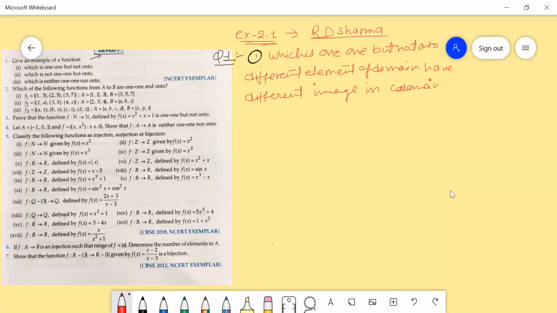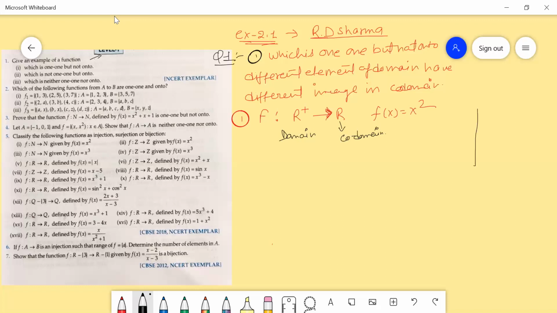Okay, so we are going to take one example only for all the problems, right? So first is when the function is defined from R plus to R, real numbers. When the function is defined from R plus to R only, and f(x) is equal to x square. So here the domain is all the positive real numbers, and the codomain is all real numbers, right?